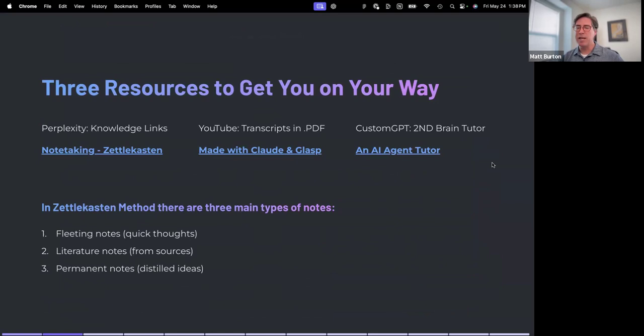Three resources that should help you think about second brain. One is that one tool I like a lot is called Perplexity. So that link that you're going to find here is knowledge links. One way people organize their information is with Zettelkasten. This is a method, and it really is a German word for little pieces of paper in a box. So Zettel is like a little slip of paper. Kasten is a box. And so the idea of recording insights that you have as you go through the day is the beginning of this kind of second brain thing.